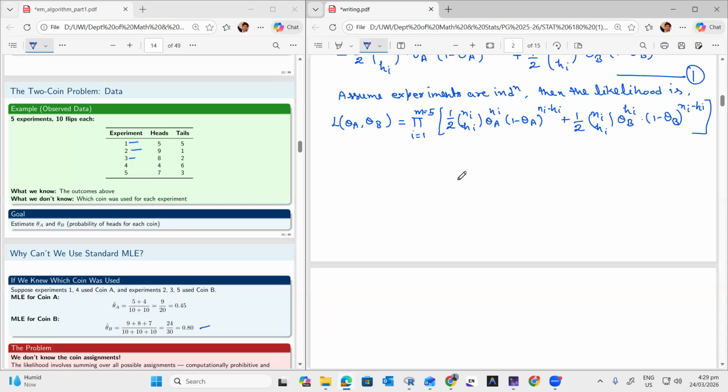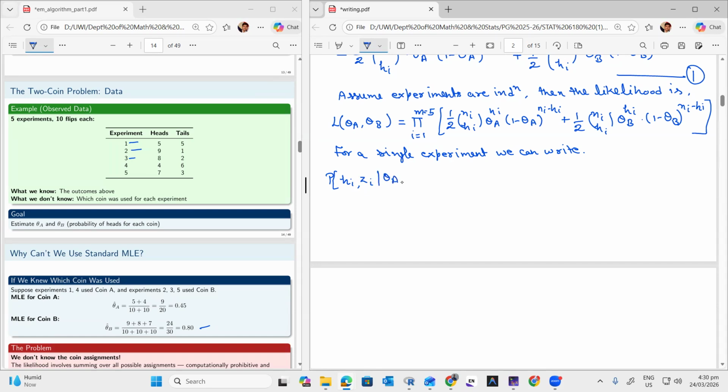But for a single experiment, we can write it like this, that the probability of getting heads Hi, for Zi, for the given theta A and theta B, it will be